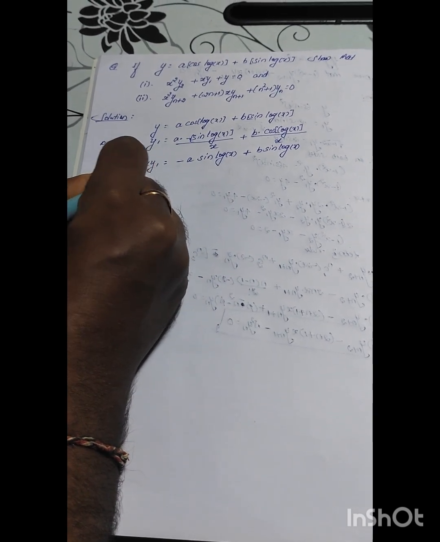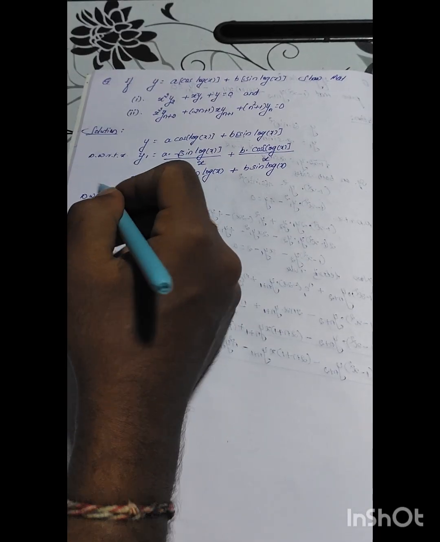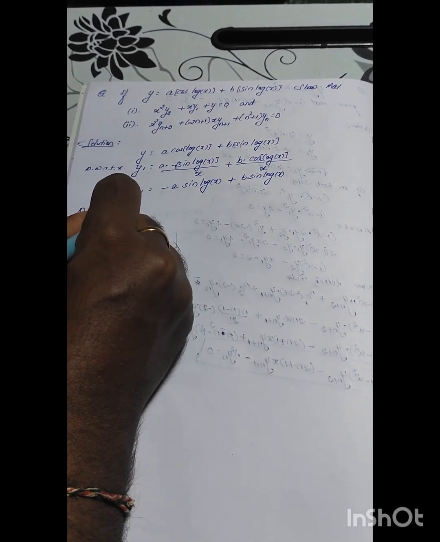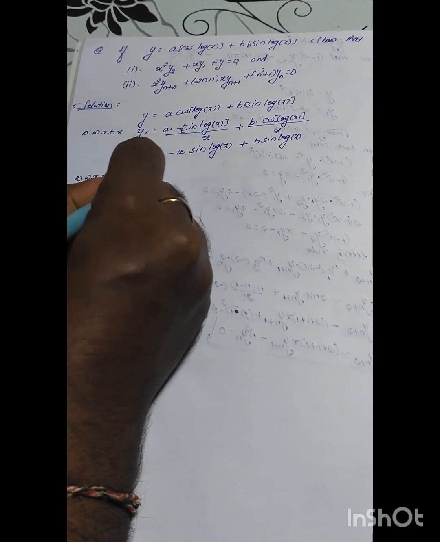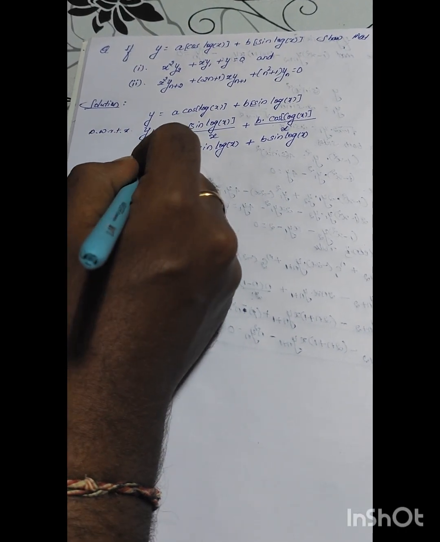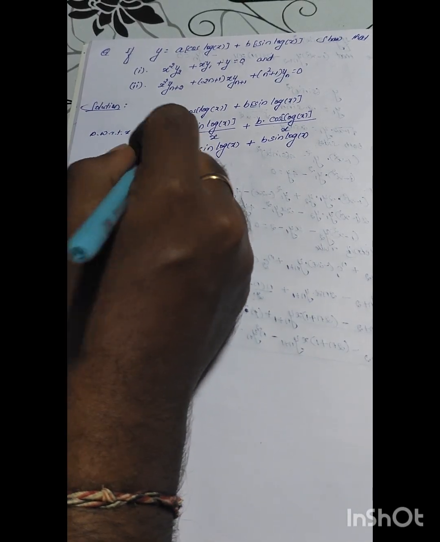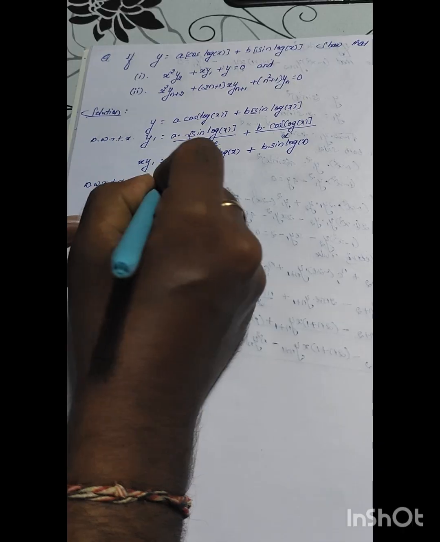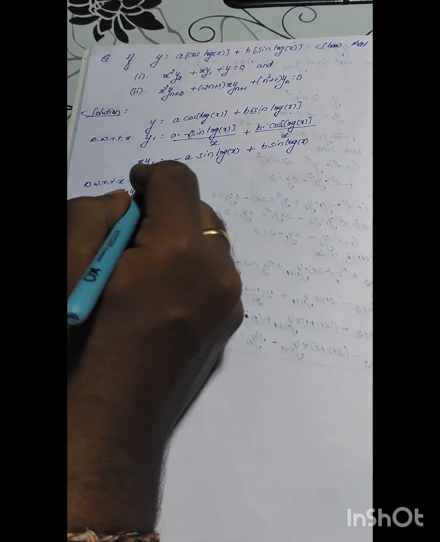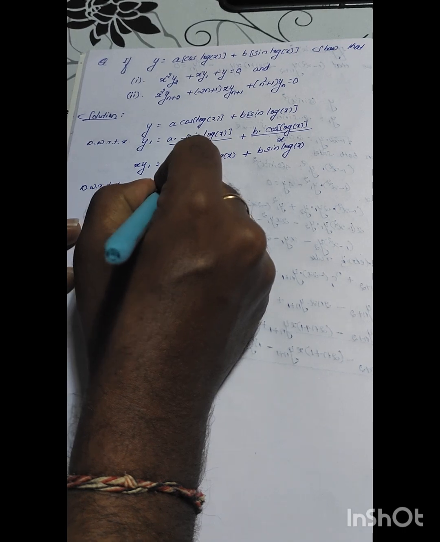Now again we will differentiate the above equation with respect to x. So what happens now, here we have to apply the product rule. First function into derivative of the second function, y1 will become y2, into derivative of the second function y2, plus y1 I am keeping as it is here. The derivative of x is 1, so that will become y1 itself, that will be equal to